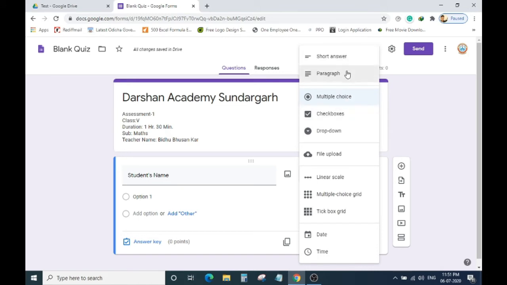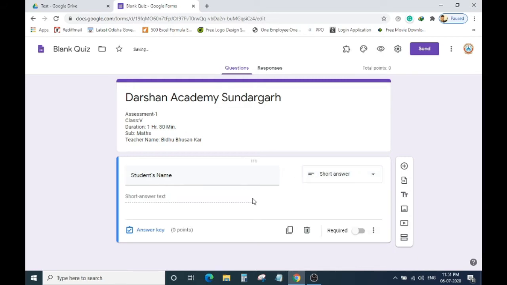There are different options: short answer, paragraph, multiple choice, checkbox, drop down, file upload, linear scale, multiple choice grid, tick box grid, date, time. So we will choose short answer.